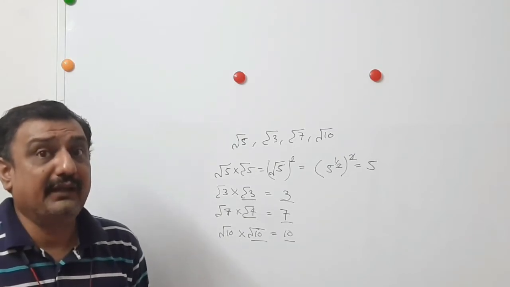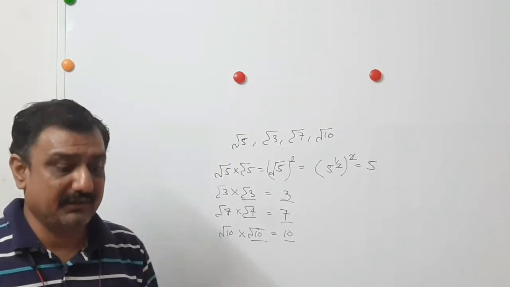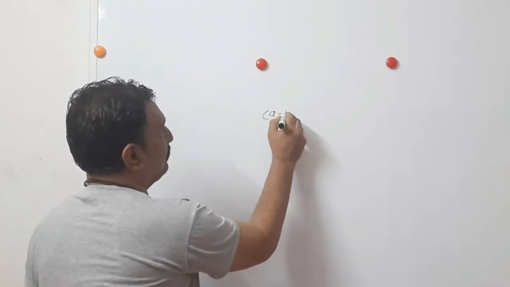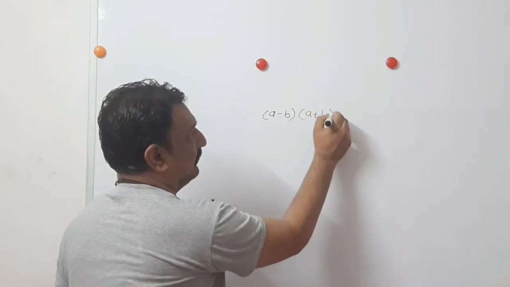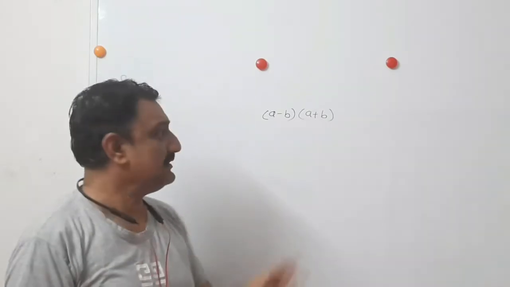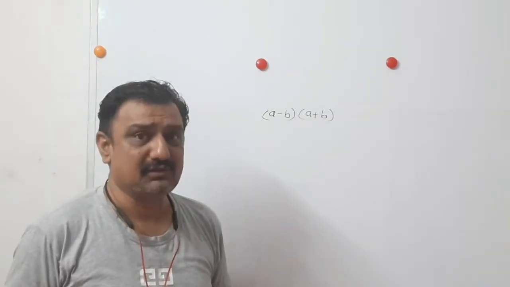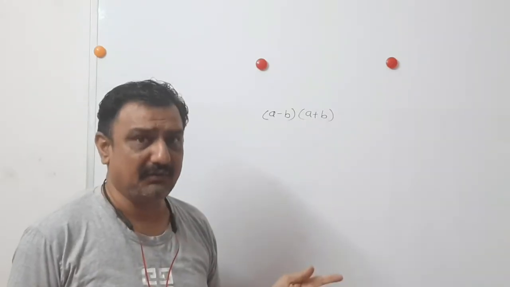Now, if any compound surd is given and you want to rationalize it, what do you do? Let us now discuss how to rationalize a compound surd. You know the identity which we learned before in 8th standard. Might be you remember. When there are two binomials multiplied, in which the binomial terms are the same, a and b, but the signs between them are opposite, one having a minus sign and another having a plus sign between them,